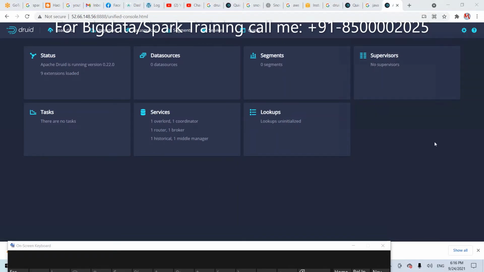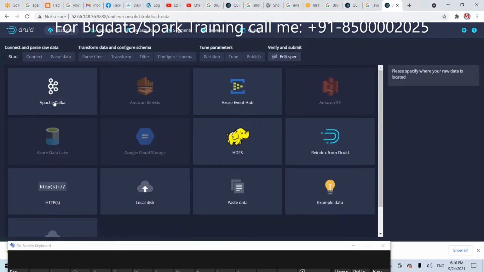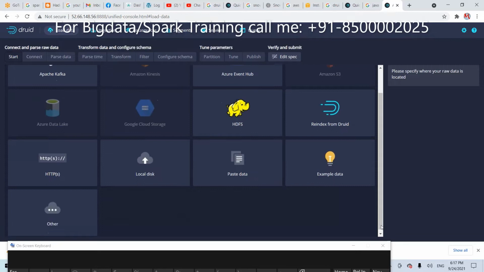Okay. Now, for example, I want to process this data. How to do it? This is Druid. If you get like this, it means 100% installation completed. Then click this load. By default, as of now, it supports Kafka or Kinesis, S3, otherwise any live data from Event Hub, Azure Lake, Google Cloud, HDFS, any local computer or any other REST API.